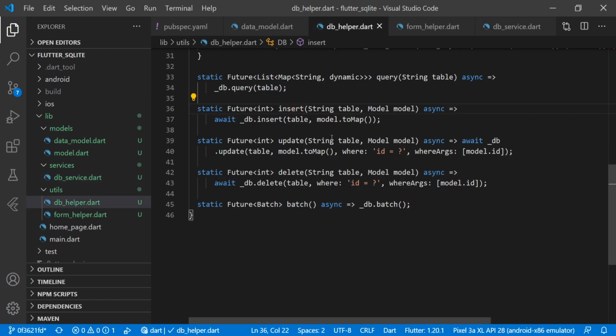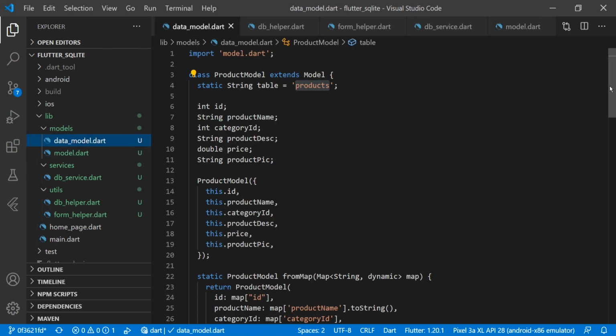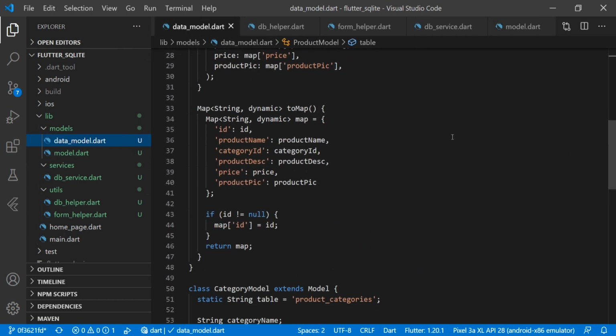and if we go to the insert function, we are passing that model, and here it is calling toMap. If we go to that toMap, it is coming from the model, which we have used as a base class of our model class, and the implementation is here, this one, toMap.